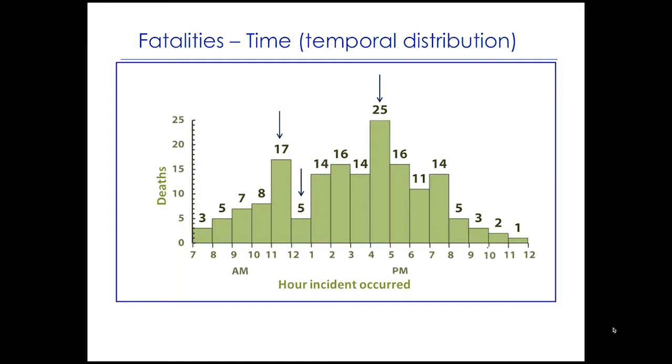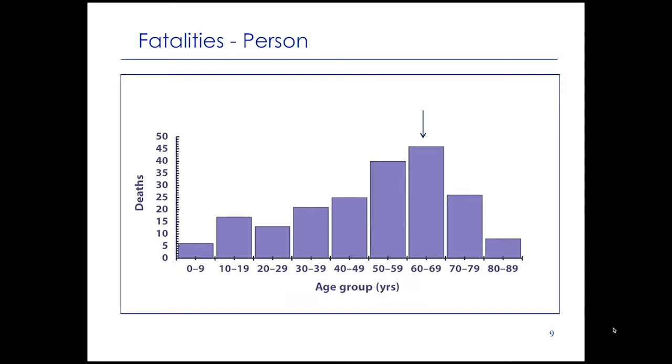So this helps narrowing in on the cause. If you look at who's getting affected, here's the death by age group, and it seems like, oh gee, it's the older people in the 60s that are having trouble with these tractors. But I caution you to be very careful here because these are not rates. This is deaths. So consider the 60 to 69-year-old, where there are, whatever, 45 deaths out of, let's say, 45,000. So that's 1 out of 1,000 farmers has died because of tractor-related deaths.